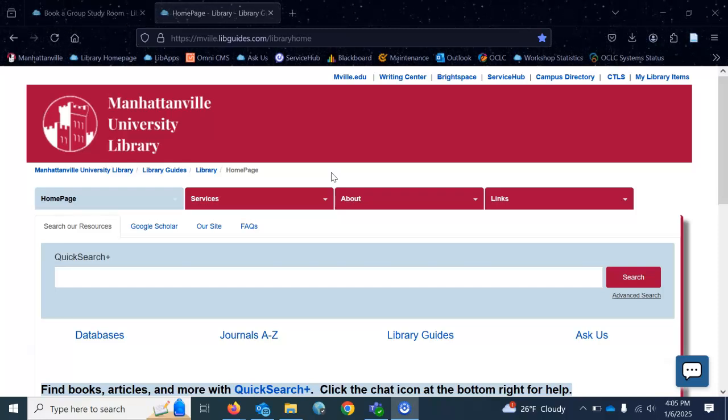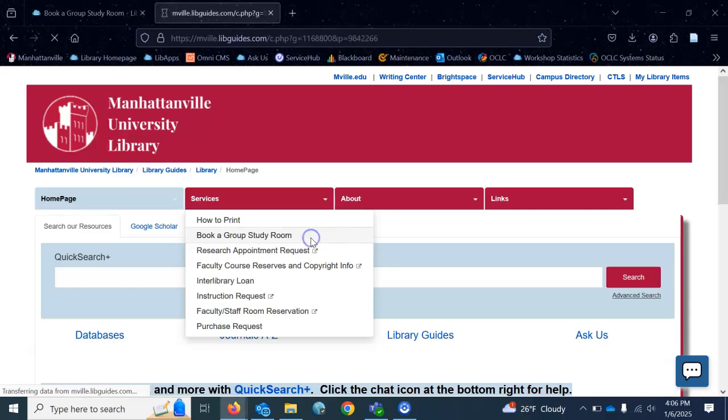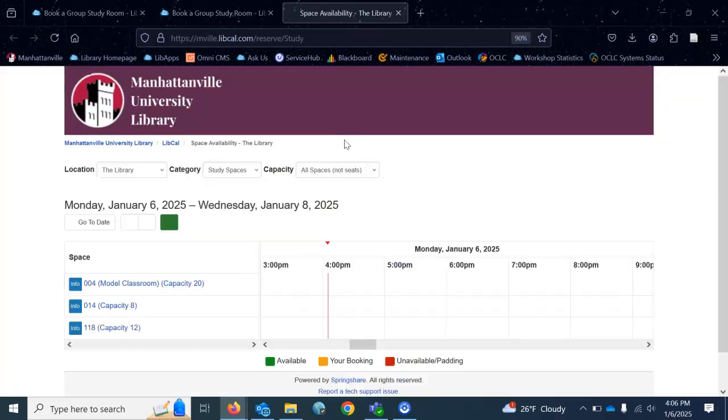Today I wanted to show you how to reserve a group study room using our homepage. So first, take your mouse and hover it over our Services tab. The second option, Book a Group Study Room, is the one that we want. Then you just click on this blue link here that says Book a Group Study Room, and you'll be taken